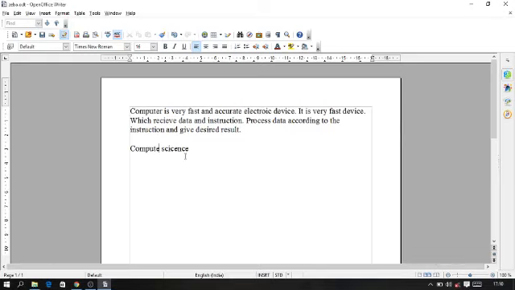This blinking vertical line is called the insertion point. Now if I am here and I press the delete key, the delete key will delete the alphabet S, meaning one character towards the right side of the insertion point. But sometimes we don't want to delete just one character.